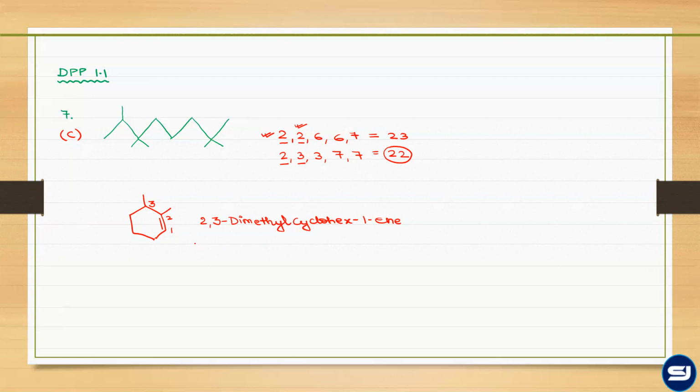Now if you go with the priority of the substituent numbering, then as per 2, 3, the locants' position is okay. But if I just try to number it from here and go in the clockwise direction, then I'll get the substituents' position as 1, 6. And here, when I compare 2, 3 with 1, 6, this one will be gaining the priority. Meaning, actually, this is the correct name as per the older nomenclature. 100% it is correct.